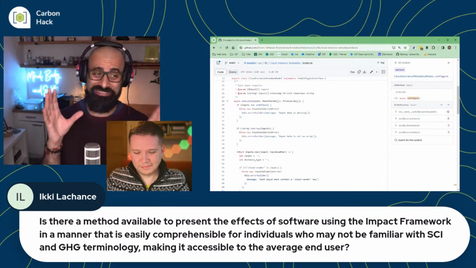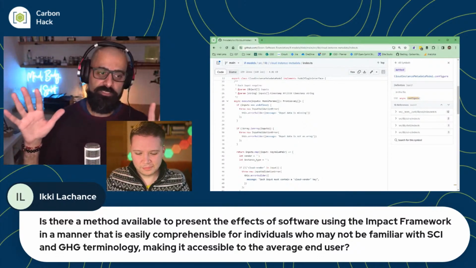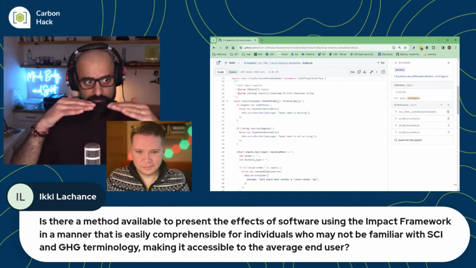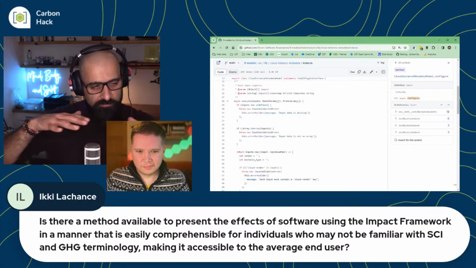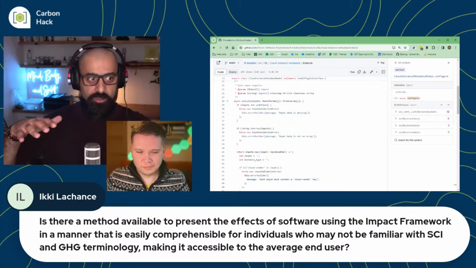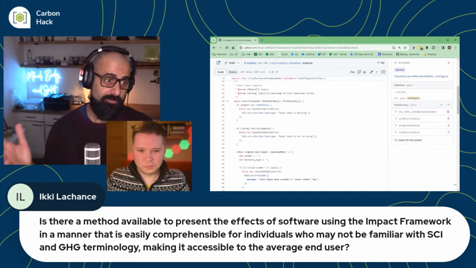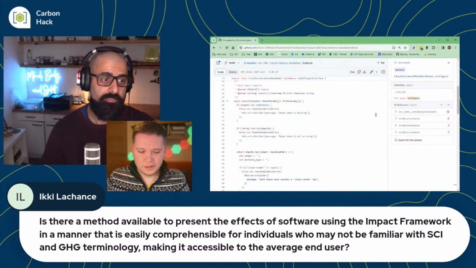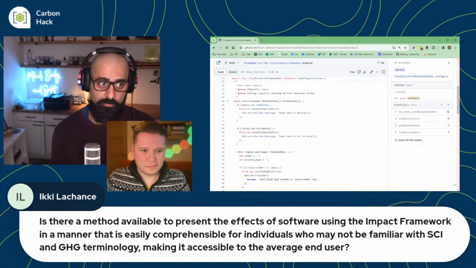I would recommend getting to that 1.0 point before you start building UIs and all this stuff on top of it. Or build it, but at your own risk, because the model interface will be locked down, but the rest of the interface might have some flexibility to it. You might end up in a situation where you've built this user interface and in two or three months' time, it doesn't work. So we might be a little bit too early for a UI at this moment in time. We're very much focusing just on the calculation layer. We don't have any plans to build any user interfaces on top of this. This is not what Impact Framework is.